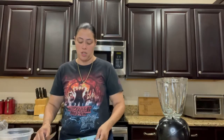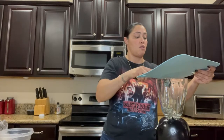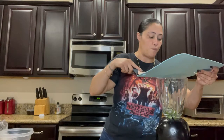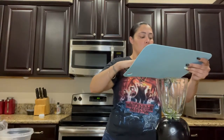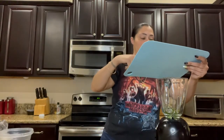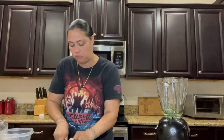Alrighty? So, bam, here it is. I'm about to put it in here. And I'm gonna do it in portions because I wanna make sure that everything blends in. I'm gonna put this on all cilantro. I just wanna do more cilantro later so I can make sure that it all blends. I got my white onion. This knife is sharp. This right here, it doesn't matter what size it is. It's just as long as it's in there, kind of deal. So,